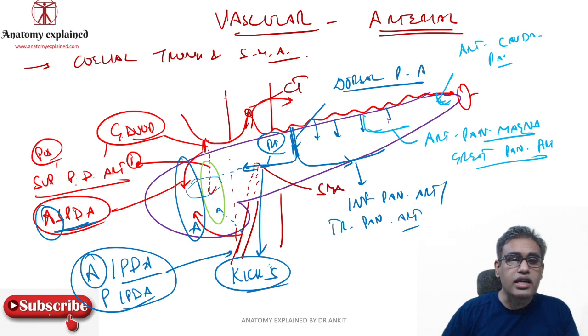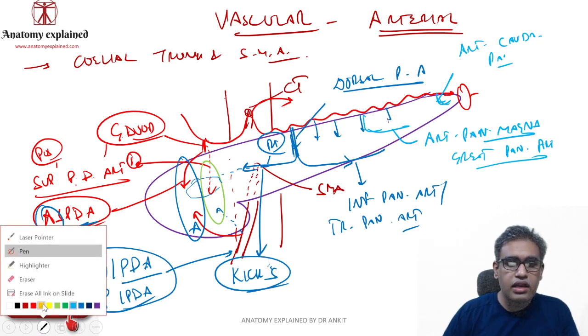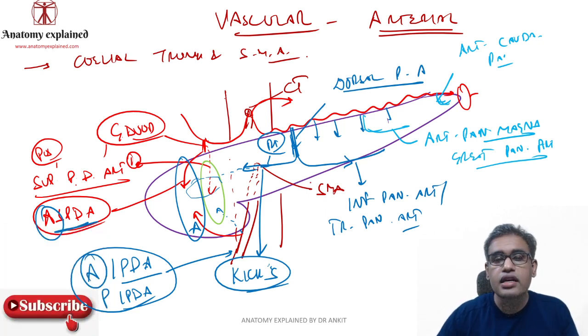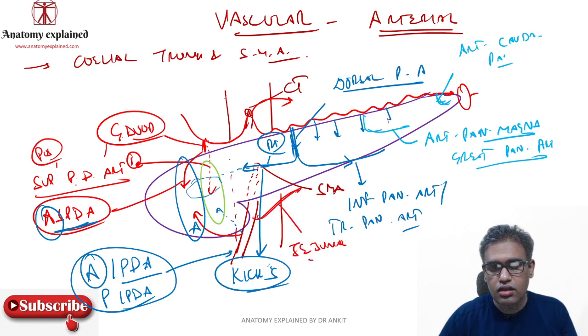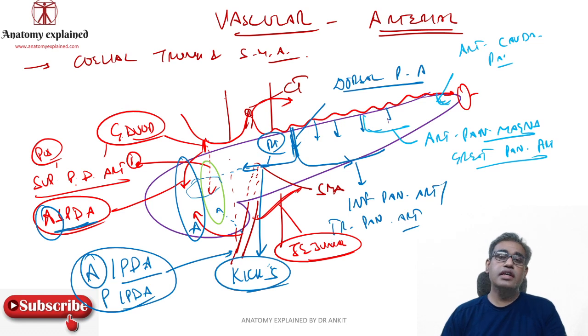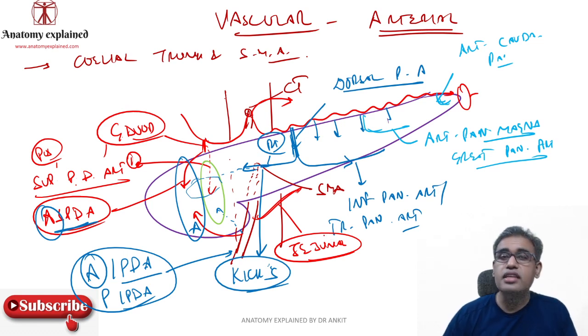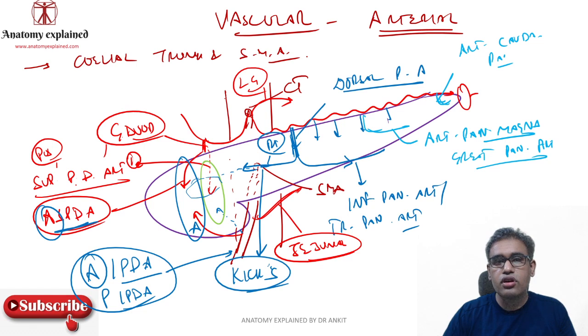This SMA over here, the superior mesenteric artery, if you remember, supplies the midgut. It will also give a few jejunal branches that may supply some part of the pancreas. So this is the arterial supply of the pancreas. Very interesting. I repeat again: the celiac trunk gives off 3 branches. This is the left gastric going to the stomach, the splenic artery, and the common hepatic giving off the gastroduodenal artery. Then it becomes the proper hepatic artery.